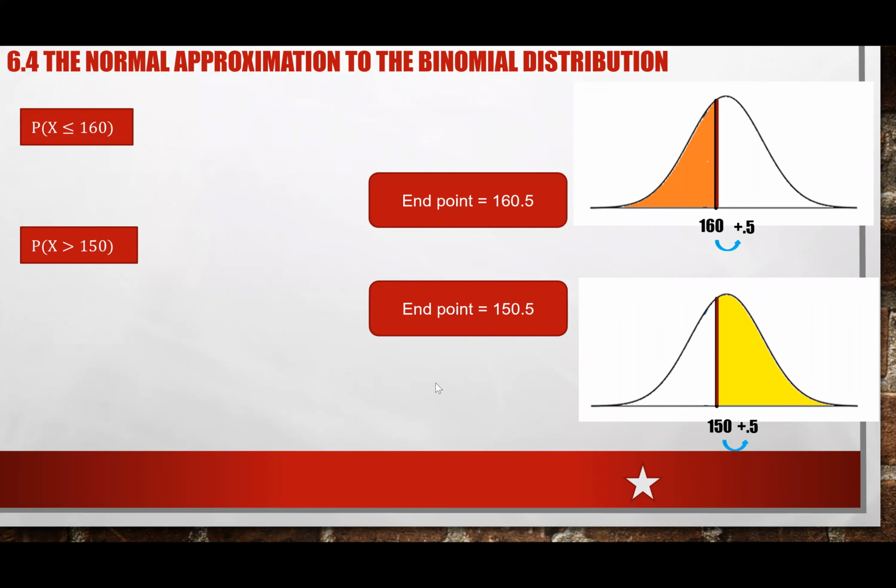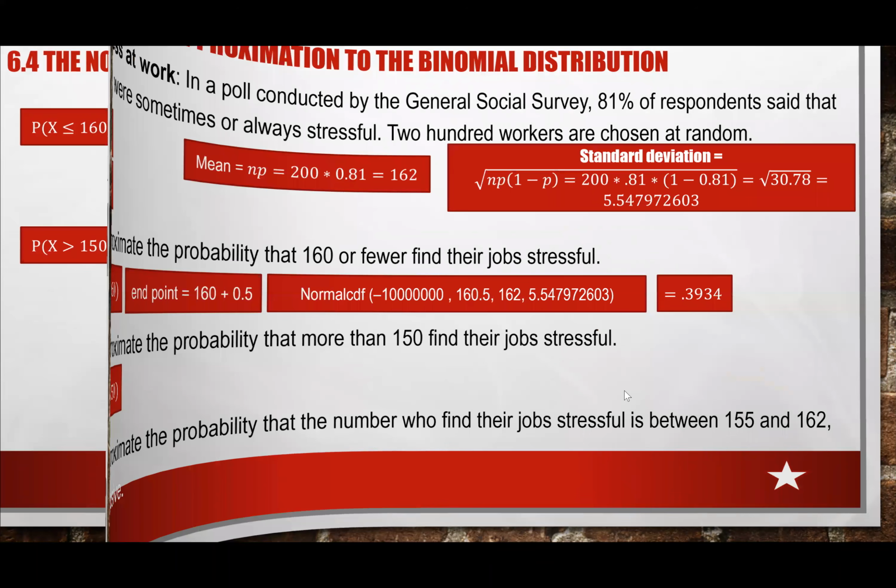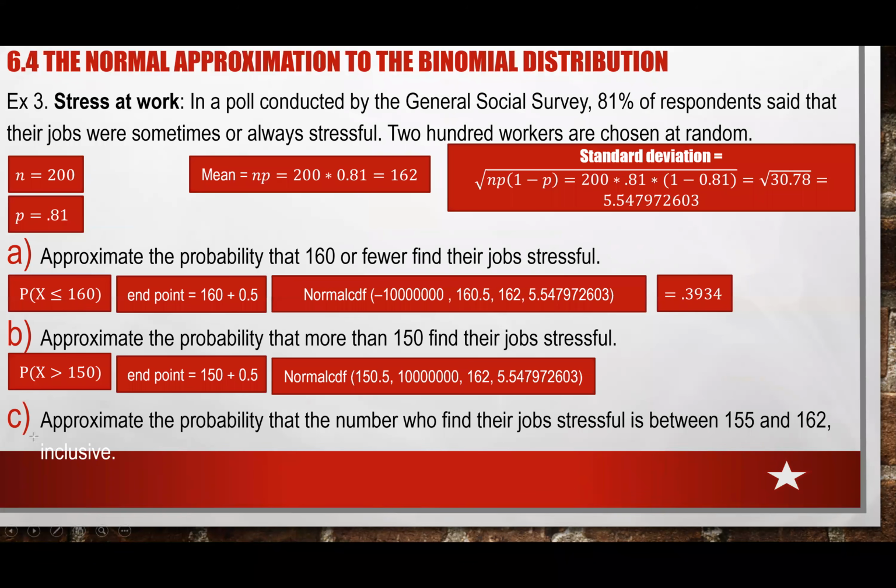Okay. So in this case, once you have this, we know my endpoint is 150.5, and my upper limit will be some humongous number. So I go back, and again, all we have to do is your normal CDF. The smaller limit will be 150.5, and the upper limit will be some humongous number. And your mean and your standard deviation are the same. So once you plug it in, you will see that the answer will be more than 50%,